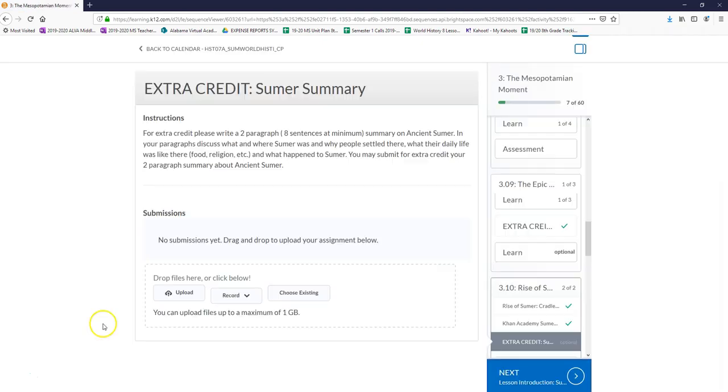So you'll click on it and you'll see the instructions, if there's anything attached to it, and then you'll see right here, you haven't submitted anything yet. Sometimes you have submitted stuff. You can submit more than once. All you have to do is click Upload